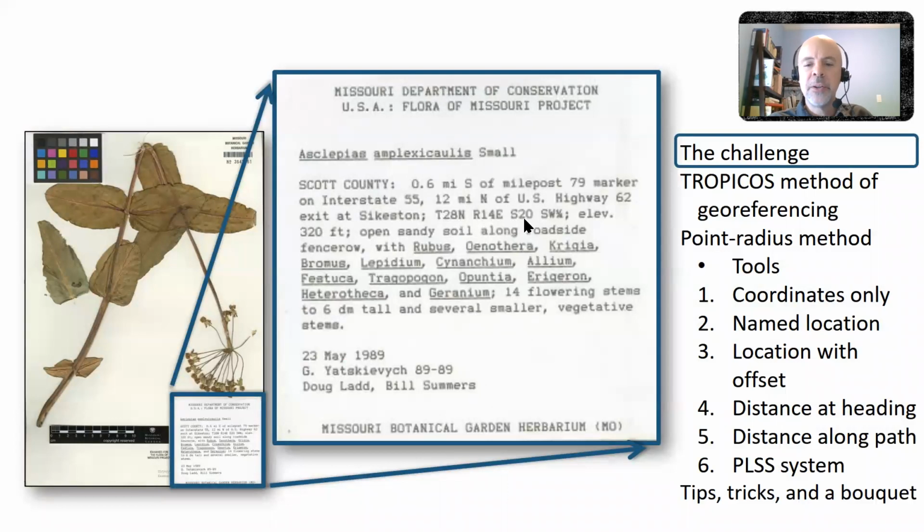And I'll also point out there are different ways to geolocate things, sometimes on the same specimen tag. For example, this part right here, T28 and R14 East, etc. That's the Township range section quarter method of geolocation, which is kind of like a pre-GPS GPS sort of system. And that's found in the US. But anyway, there are different ways to describe where a collection was located. And we're going to dive into how you might interpret each of these segments to really geolocate this particular specimen